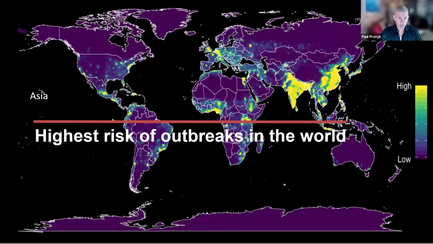As we all know, we are in a bit of a hot zone in terms of outbreak risk. Not surprisingly, issues of health system inequalities, dense populations, high levels of mobility, human-animal interaction, and climate risk all come together to accelerate risk in the Asian region, and early detection is absolutely key.